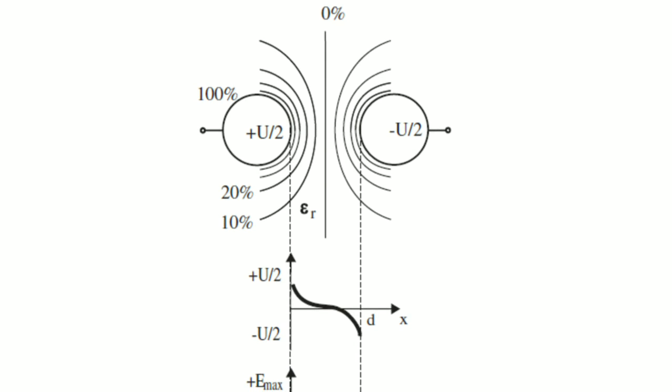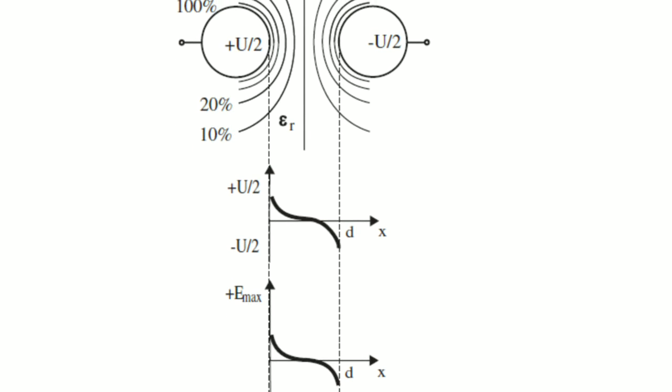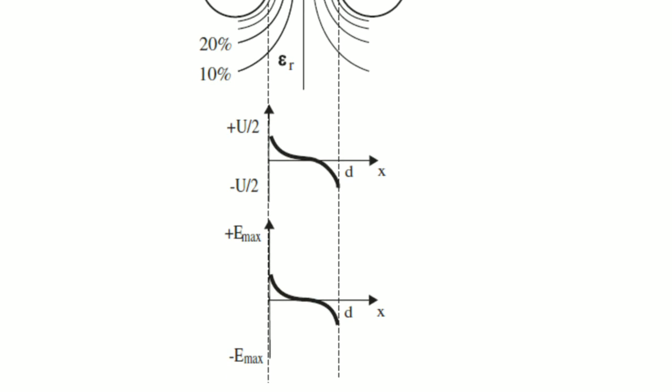Here we have two sphere-shaped electrodes placed at a distance of small d with respect to each other, and then we apply a potential difference of u. So plus u by 2 and minus u by 2, if you take the potential difference, you will get capital U. So U will be the voltage applied between these two electrodes, and as the field is weakly non-uniform, it is very clear that they are not going to make any perfect square with respect to each other, and the distribution of this voltage is not a straight line. It is slightly away from linear, and in the same way the variation of electric field.